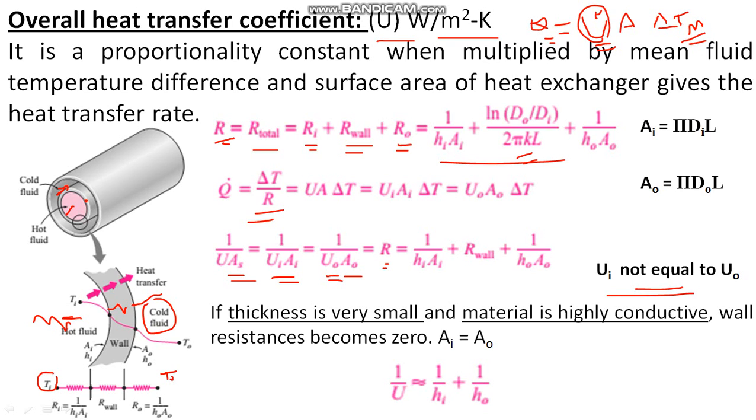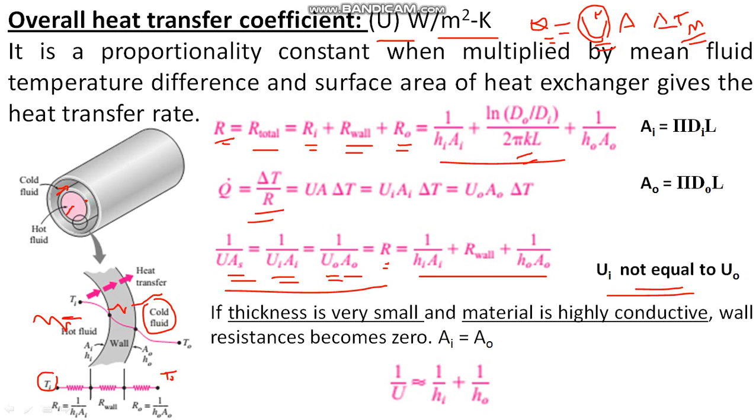Q is equal to delta T by R, very simple. From this I can write Q is equal to delta T by 1 by U A. That means 1 by U A is equal to R. That is what I put: 1 by U A is equal to R. From this you can find U now. Keep the U on one side and bring everything else down, and you will get U. That is the usual question asked orally.